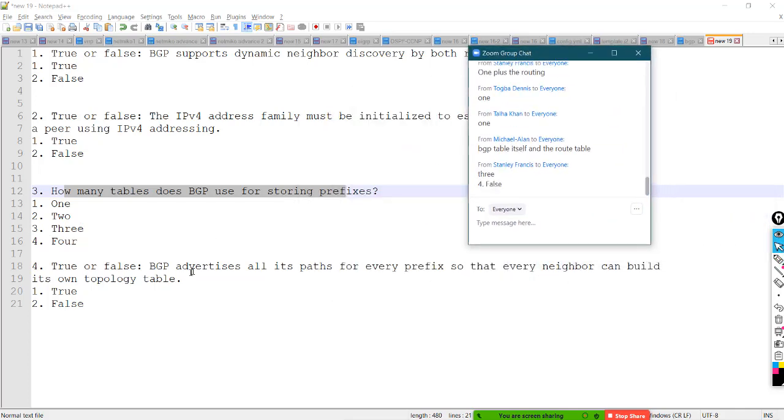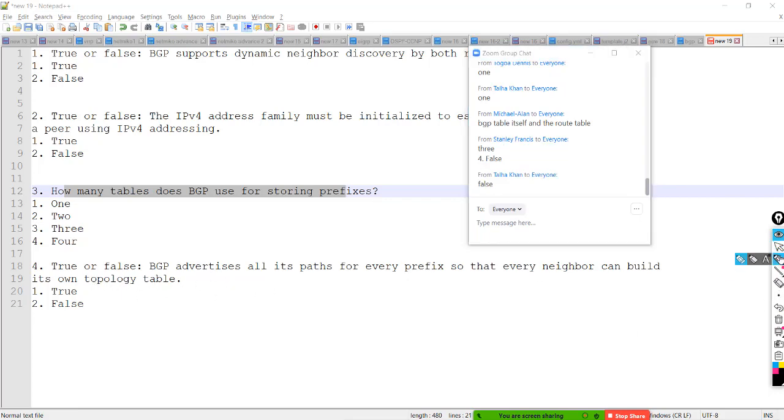BGP advertises all its paths for every prefix so that every neighbor can build its own topology table. True or false? So this is something like, let's say I have two routers, R1 and R2.